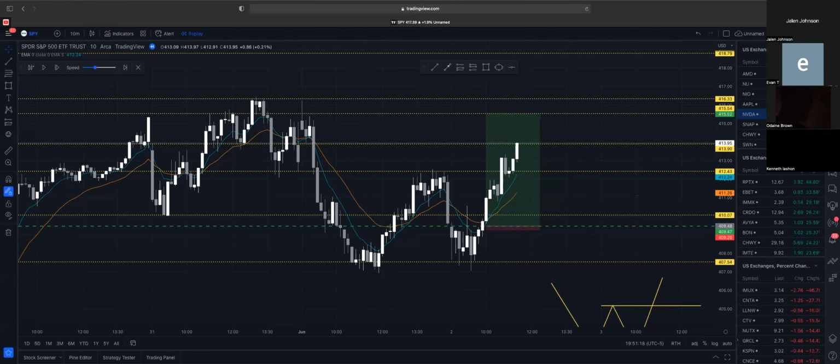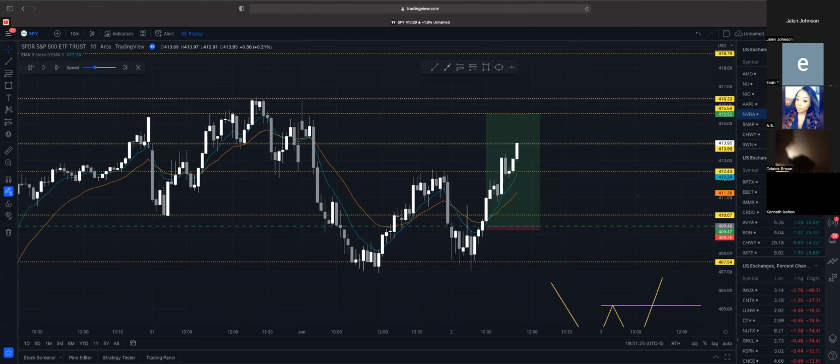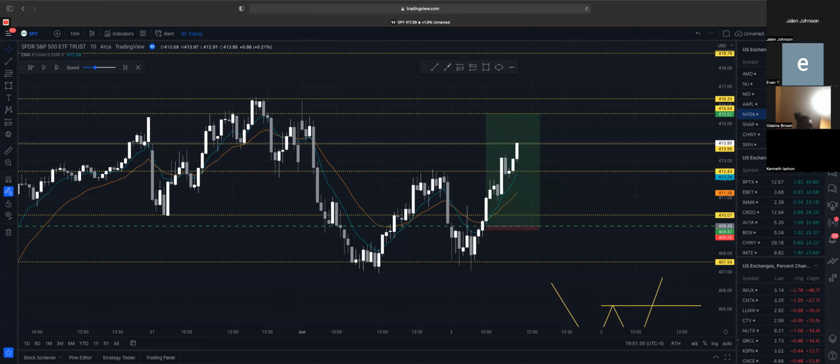Hold on. Somebody asked something up here. If it falls below, do you wait for the candle to close or do you get out as soon as it breaks? Okay, so I get this question a lot. I try to wait for the candle to close, but sometimes, depending on my size or how many runners I have, I'm not gonna lie, if it just wicks below that level or just goes below that level,